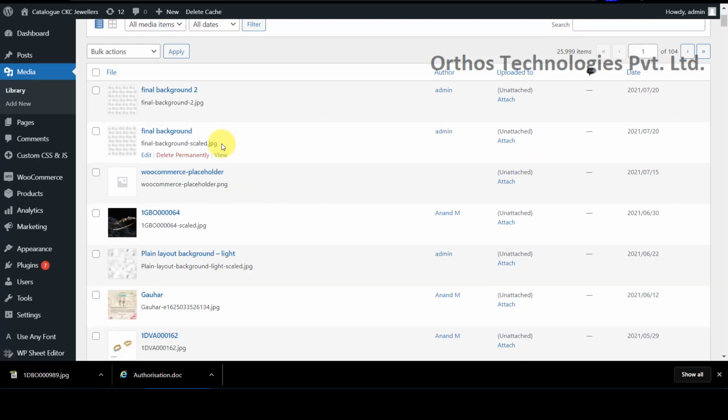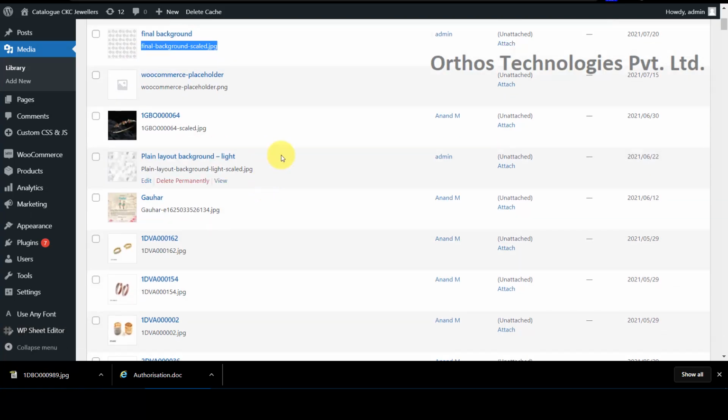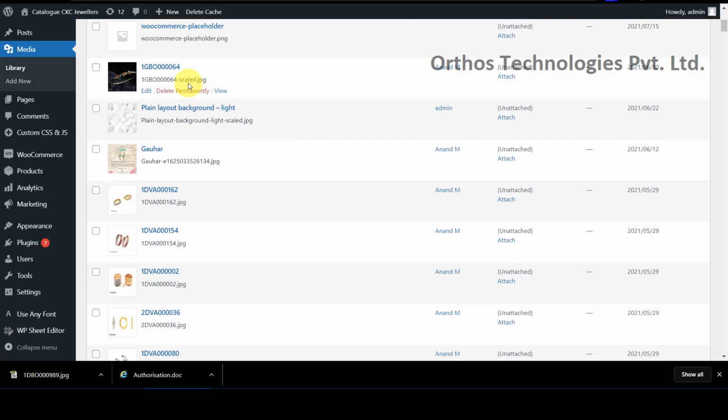And one more thing: here the image has been renamed by WordPress as scaled. See, even here it has been renamed as scaled. This happens when the image size is very large. So keep the image size within limit. Check where the scaling stops, and keep the range within those pixels, so the hyphenation of scaled images doesn't happen, like we are seeing in this particular file.